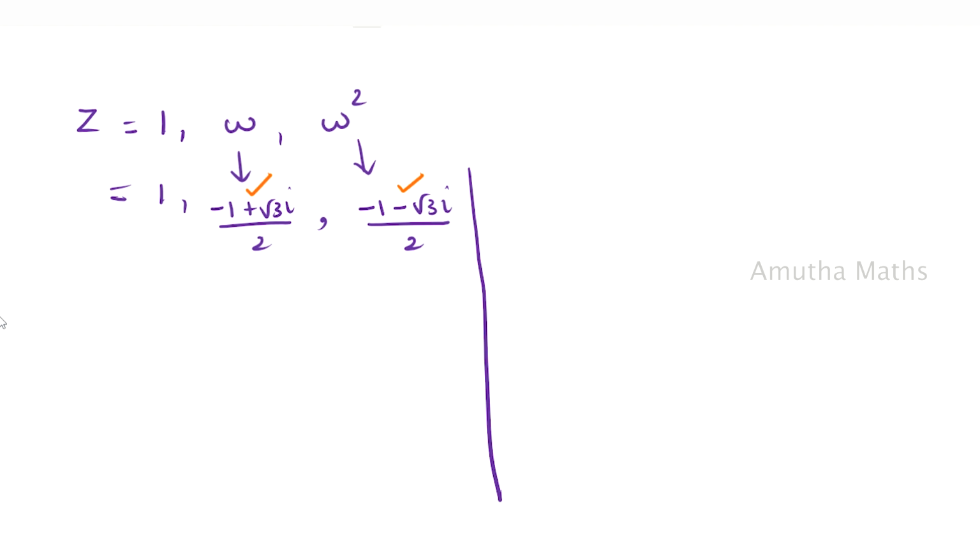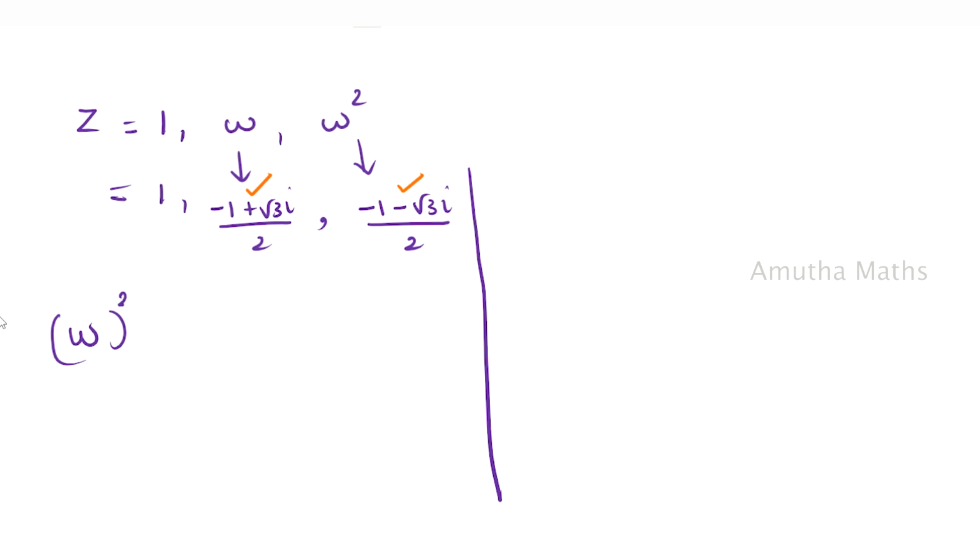காஞ்சுகேட். அப்போ இங்க பாருங்க -1 பிளஸ் ரூட் 3 i by 2. ஒமேகா ஸ்கொயருக்கு -1 மைனஸ் ரூட் 3 i by 2. அப்போ அந்த இமேஜினரி பார்ட் சைனை மட்டும் மாத்துறனால ஒமேகாவும் ஒமேகா ஸ்கொயரும் எப்படி இருக்கும்? நமக்கு காஞ்சுகேட்டா இருக்கும். ஏன் நம்ம ஒமேகா ஸ்கொயர்னு வச்சோம்? இப்போ பாருங்க, ஏன் ஒமேகா ஸ்கொயர்னா, இப்போ